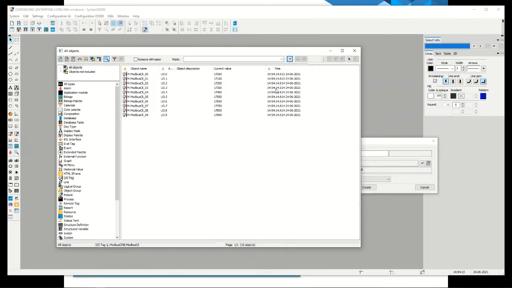What's next? Now let's look at the values. We see that the values are changing every second, and also that the values are different for all tags. How did we do it? Let's